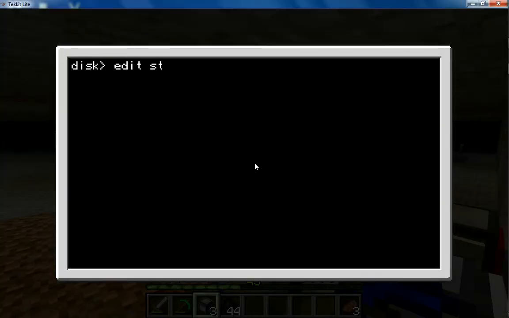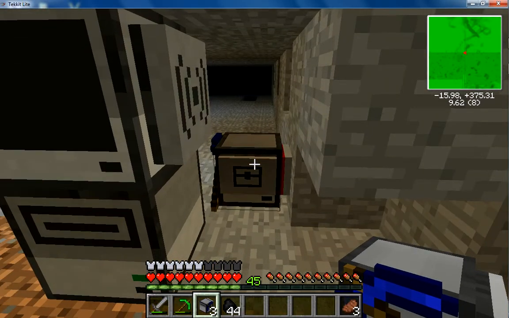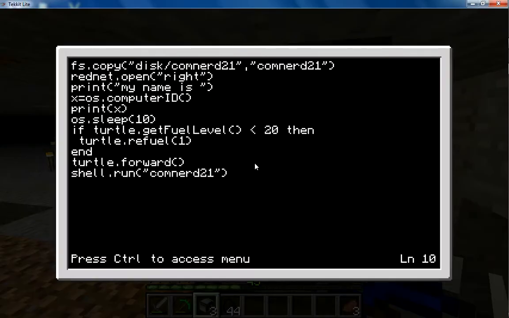Here, I'll show you. Edit, and then startup. You cannot rename startup. It has to stay as startup, okay? Just so you know. Remember, it went forward 1 here on this second to last line, turtle.forward, so it moved forward. And then it's waiting for a rednet signal, something sent out to it. So what we're going to do here is